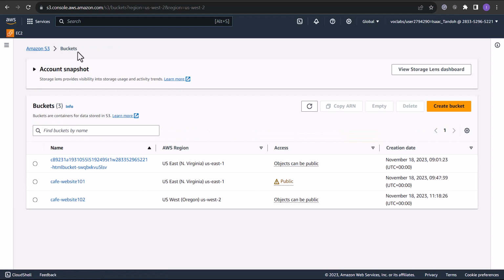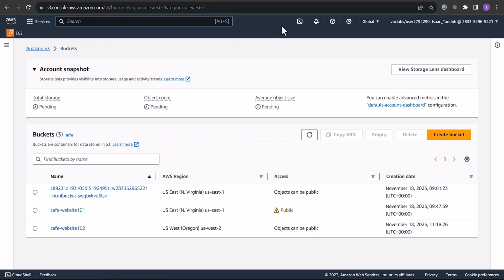Before I end this session, I would also want to highlight that object deletion is different from version deletion, right? So if I delete an object, even though a delete marker will be added to it and kept as a version, the object wouldn't be available in the bucket. So if resources rely on this object, for example, in the case of the cafe website, if we had deleted the index.html object, it means that our cafe website won't be found because the index.html